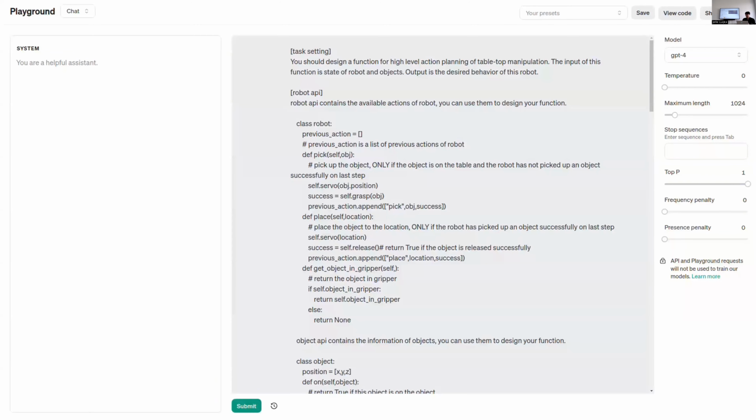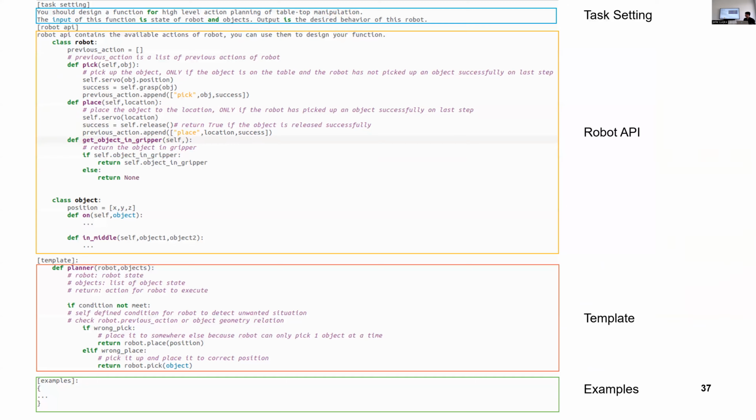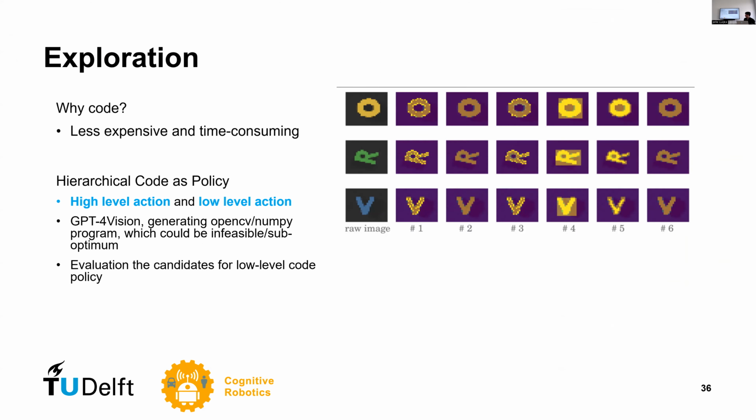Because some of them are not optimal and some of them are not working, at the beginning I let the large language model generate many candidates, and I choose the one with the highest performance and leave the rest of those candidates.